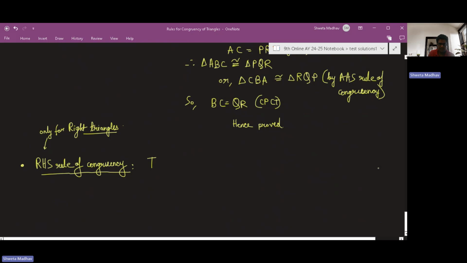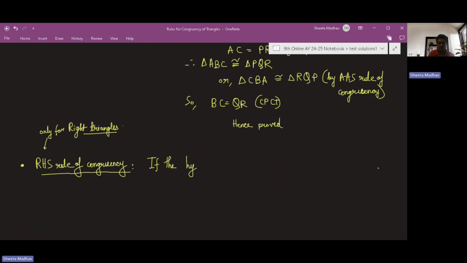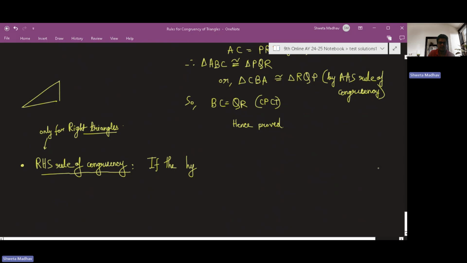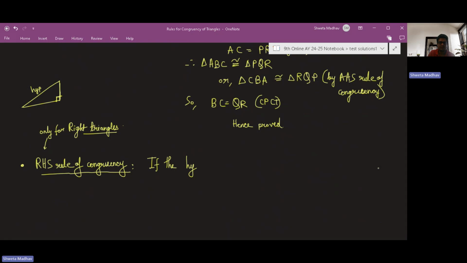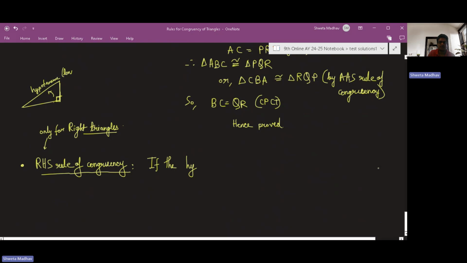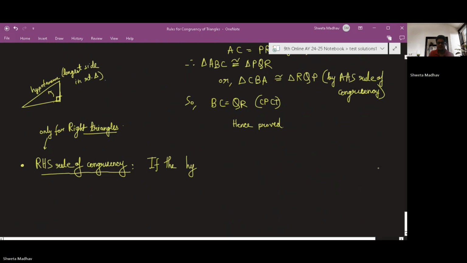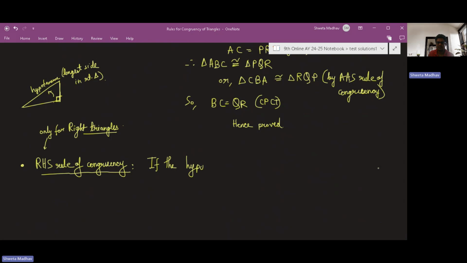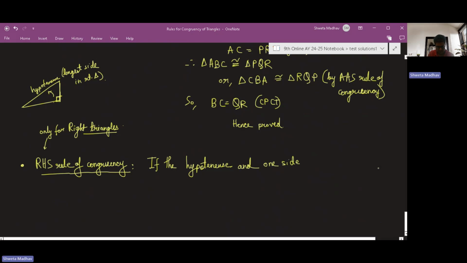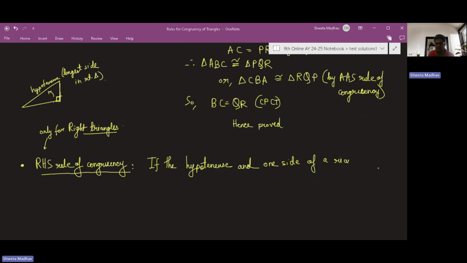So the rule states that if the hypotenuse, as we know, the hypotenuse is the longest side in a right angle triangle, and the hypotenuse is always the side which is opposite to the right angle. The side which is opposite to the right angle is called the hypotenuse, and that is the longest side in a right triangle. So the rule states that if the hypotenuse and one side of a right angled triangle